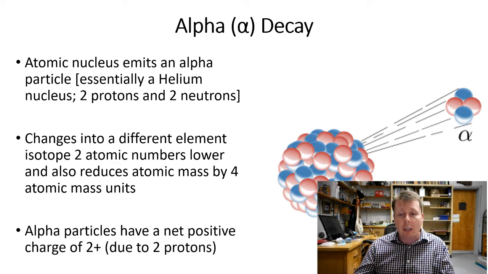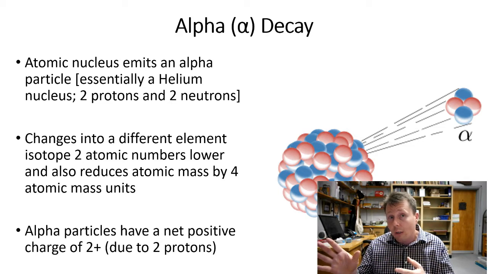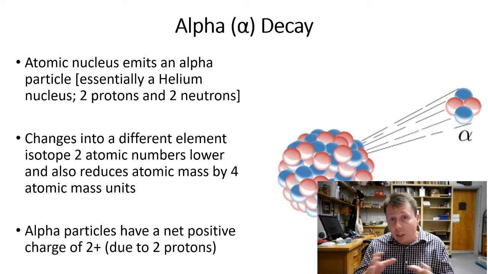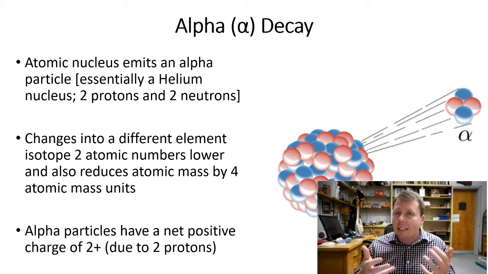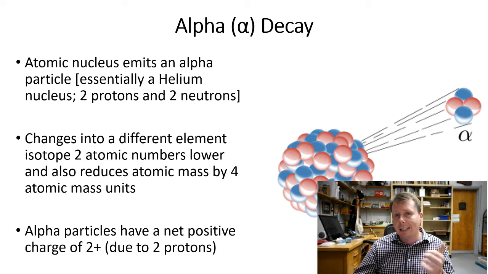We tamper with the protons and the neutrons. Not only do we get less atomic mass, but we got even less atomic mass because we've also jettisoned and thrown out 2 protons. So what this is going to result in is where whatever element you have of a particular isotope, you're going to bounce back 2 atomic numbers on the periodic table because you've gotten rid of 2 protons. Basically, this creates a net positive charge, as you see there in the bullet point, and that was what was attracting the radiation towards the negative symbol in the last video.